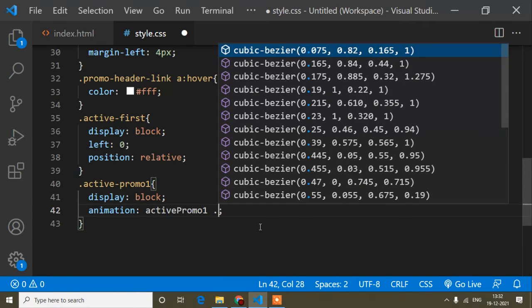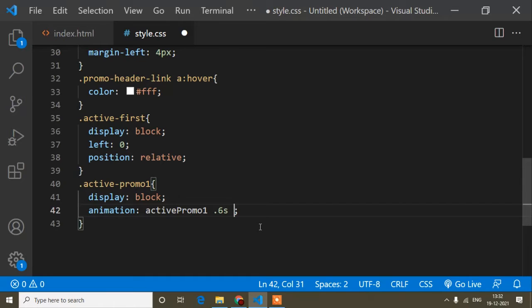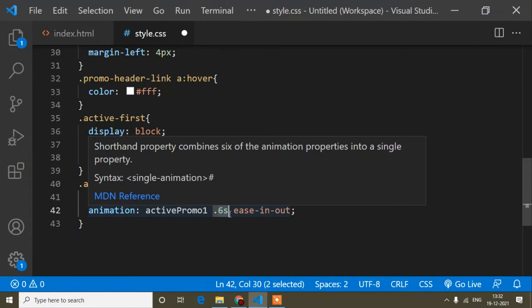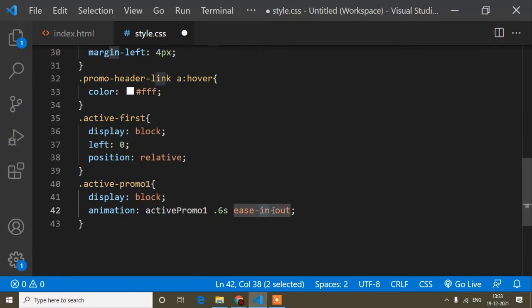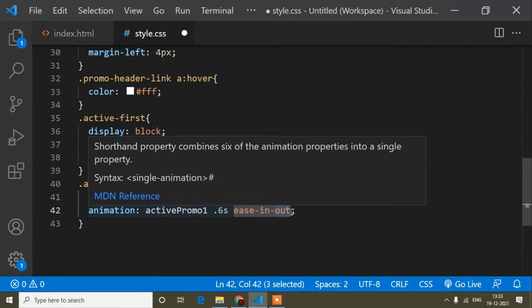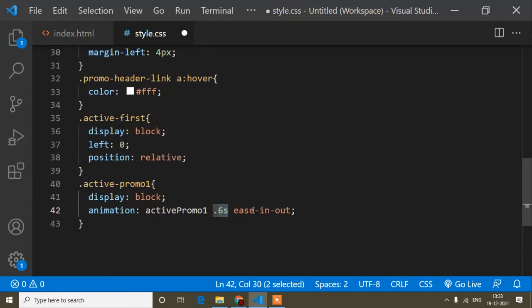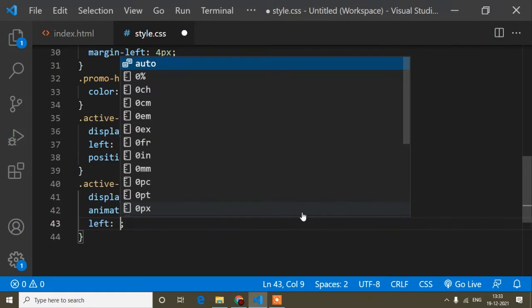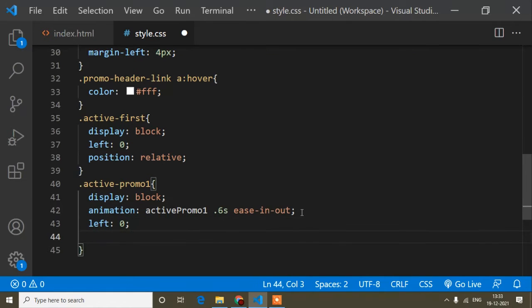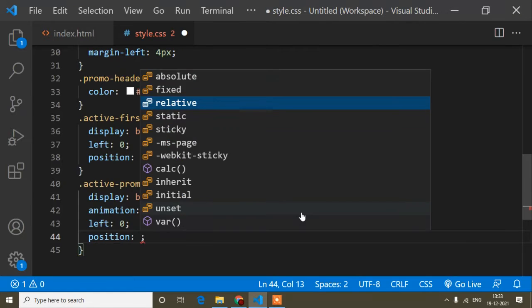The active promo one animation will be 0.6 seconds, ease in out, so that means when the animation comes it will be 0.6 seconds, and when the animation is removed from this element, that time it will also be 0.6 seconds. That means at the time of animation in and at the time of out it will be the same thing. So that is in out. And now here I will write left is 0 and position is relative.